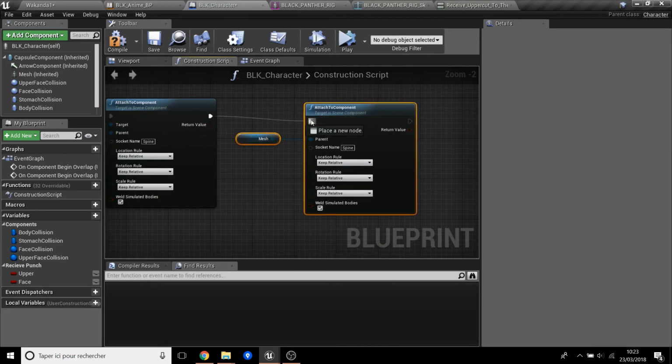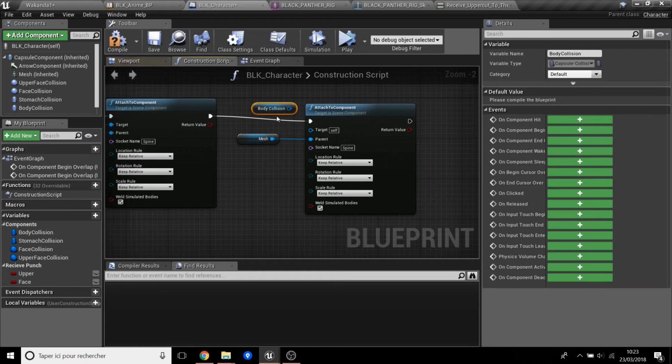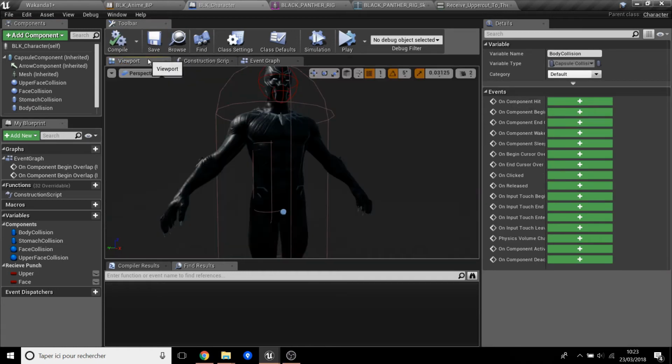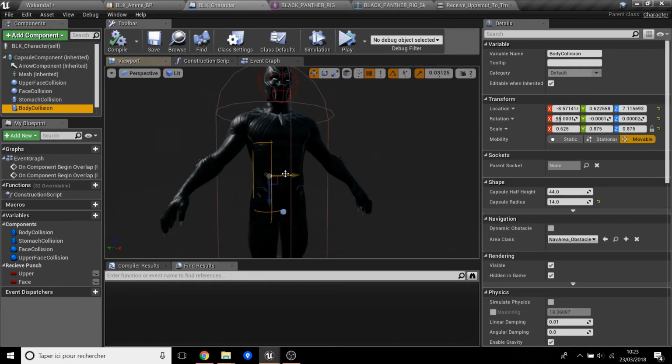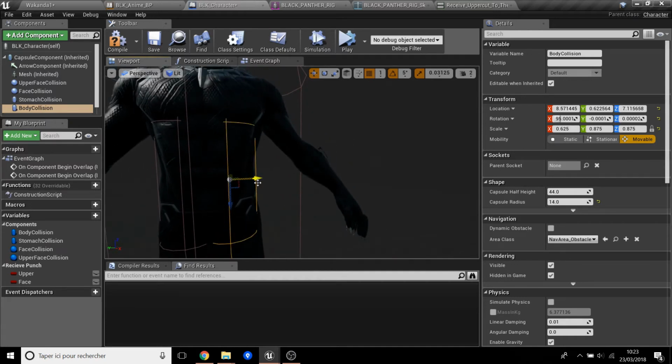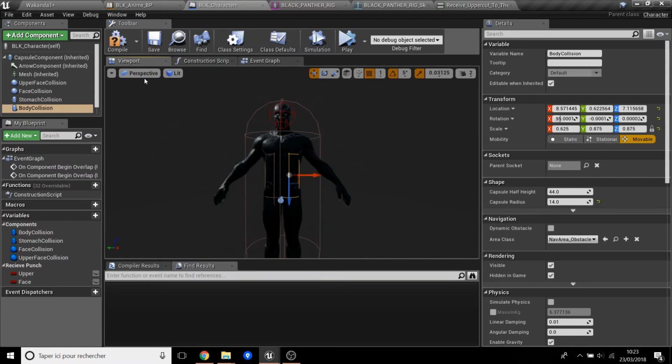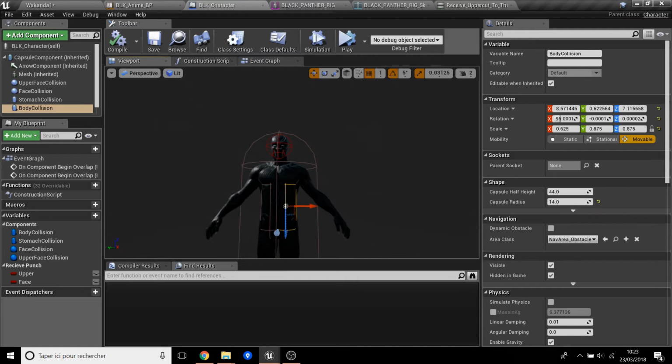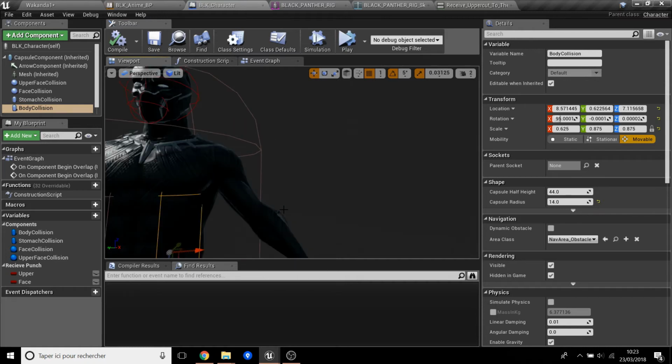Same as this one, but this time it is body collision, and now we can compile and it will be in the same place, so we don't need to arrange again, we just have to move it a little bit here and it will be okay. So save. Okay, and